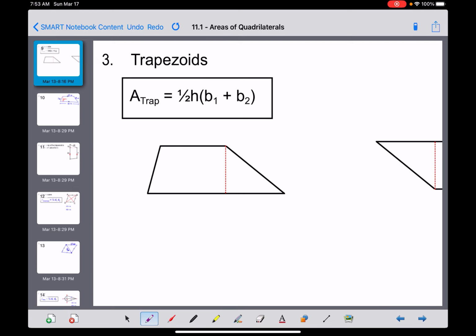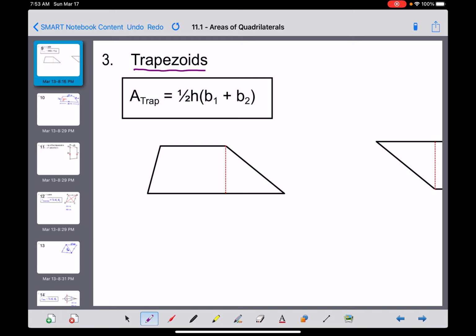Okay, moving into the second half here of Chapter 11, Section 1, we're going to get into the formulas for the areas of three new quadrilaterals. The first of which we're going to talk about is going to be trapezoids. Now, if you recall from an earlier chapter, a trapezoid is a quadrilateral that's got only one pair of parallel